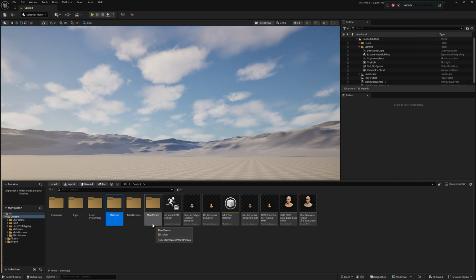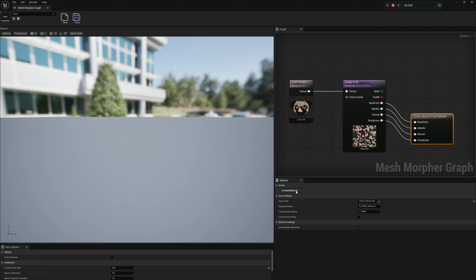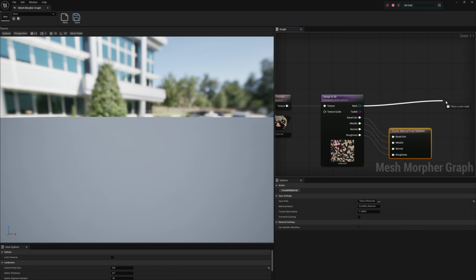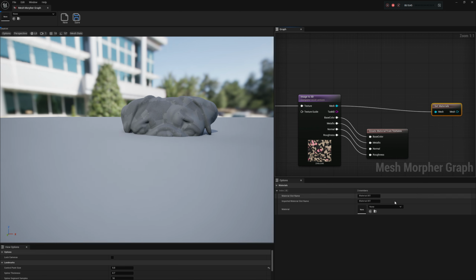Materials, and let's select our material here. And you have the ability to overwrite existing if the material already exists, or enable a material overflow, right? I'm just gonna go with the defaults and create the material, and now we can go ahead and use set materials, and I'm just gonna bring mmg,